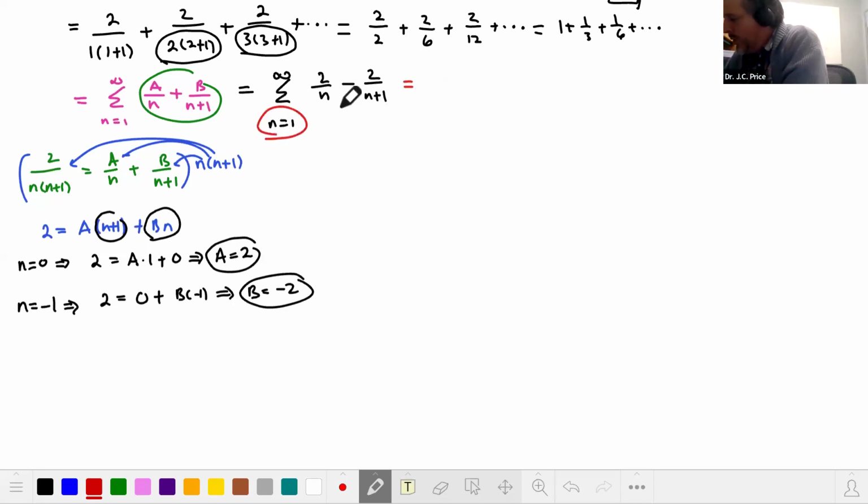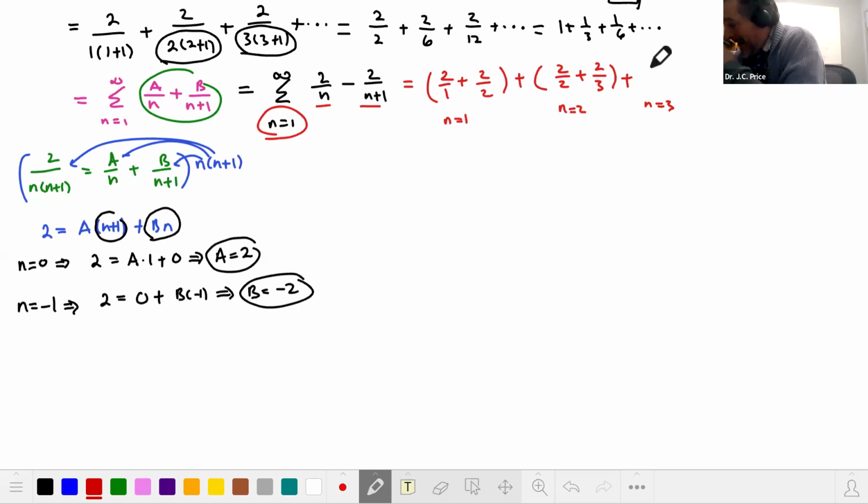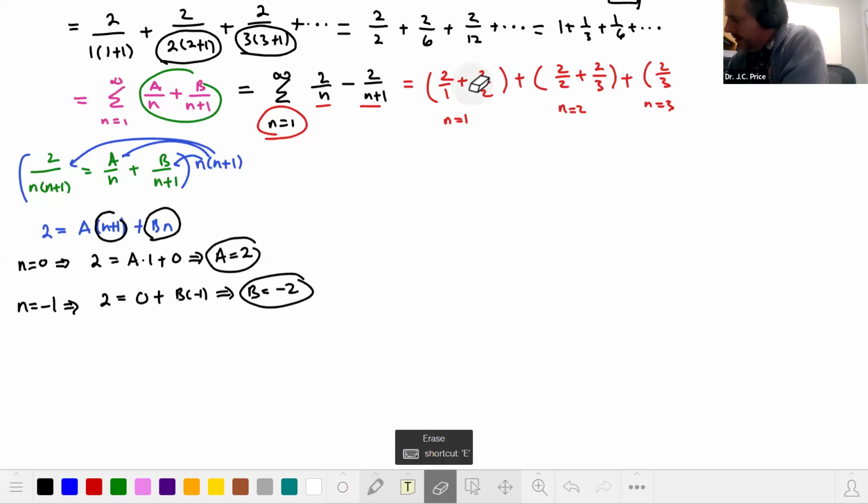So we start here with n equal 1. So you get 2 over 1 minus 2 over 2. And then plus, now we'll let n be equal to 2. And so we'll get 2 over 2 minus, when n is 2 here, you're going to get 2 over 3. And then plus, and maybe I'll just write below that n equals 1, n equals 2, and now we'll let n equal 3. And so what will happen now, we plug in 3 here, and we get 2/3. And then, oh, I'm missing the minuses, guys. Oh my goodness. I must be getting tired here. I'm sure you're getting tired too. We're almost done, almost there. So those should all be minuses. So minus, minus, and so plus